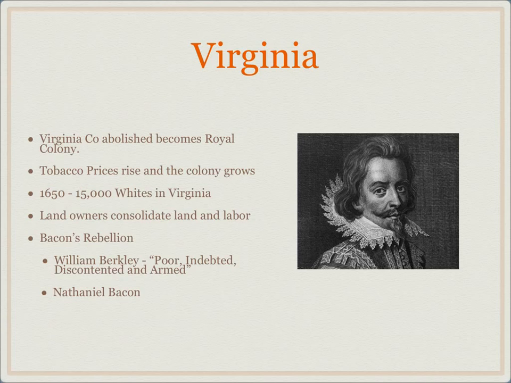More and larger planters. Okay, this is yet again the first time we'll see this term. Planters are large landowners that wanted to have big farms. They began to consolidate their land and their labor. They wanted to have more. They wanted to have a working class, and they wanted to have a large amount of land to work. Well, when it says consolidate, what it means is you had all these